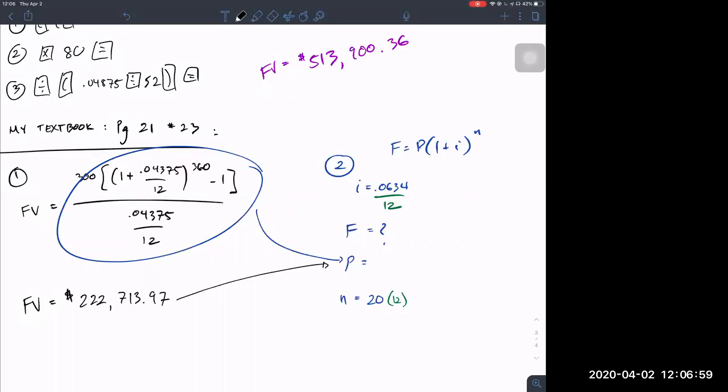The total should be... where the heck is it? Oh, there it is. 788,296.7. I hope everyone understands that it's good to practice all these problems. It's just that you know I'm not asking